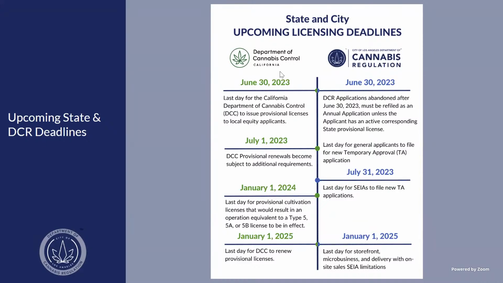And there may be folks that completed our pre-application review process, got their letter of local compliance underway and their environmental document, and they wanted to see if the state would issue a provisional license before they submitted the temporary approval application. So folks have the ability to get peace of mind about whether or not they can get their provisional license before they submit their temporary approval application with DCR. And then of course, we've given them the additional month to get that application in if they are successful in